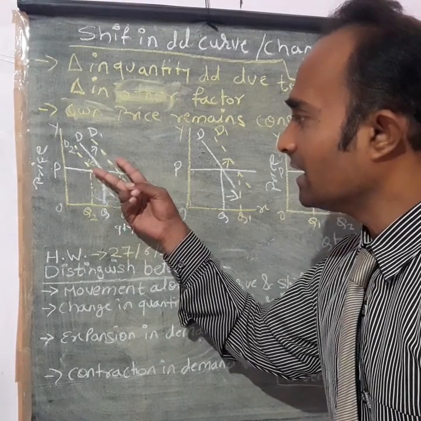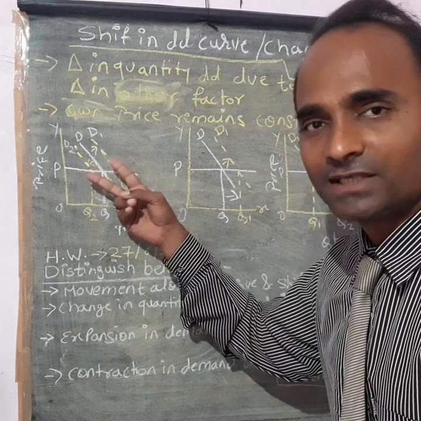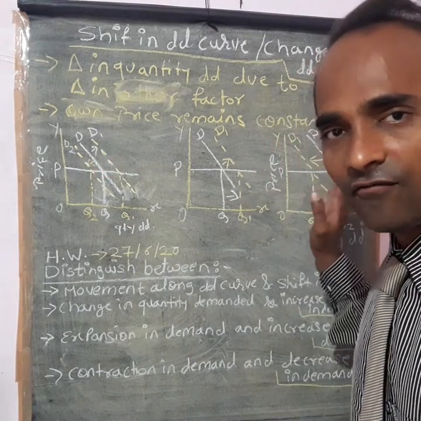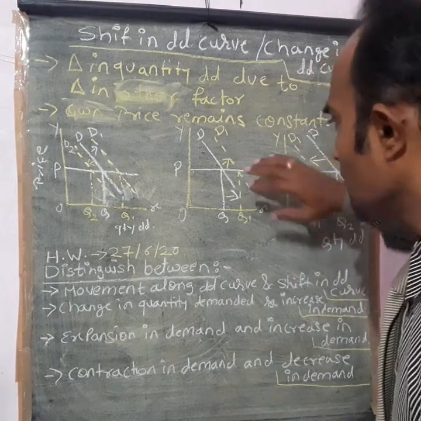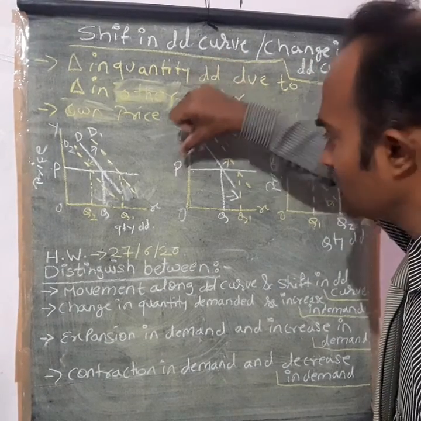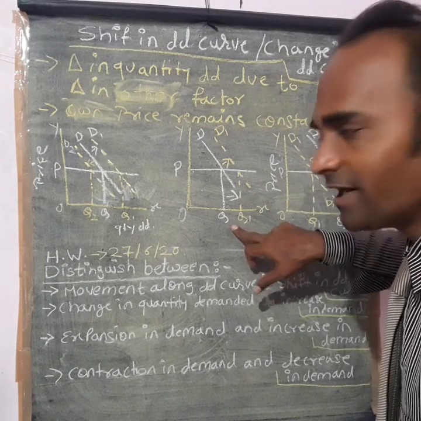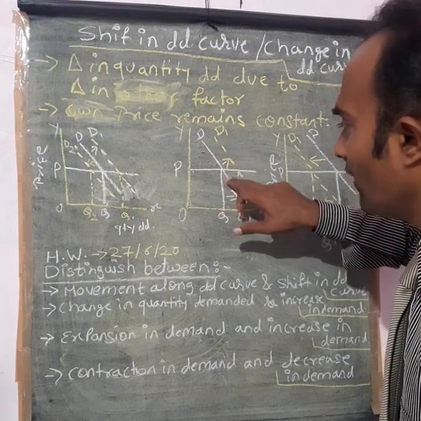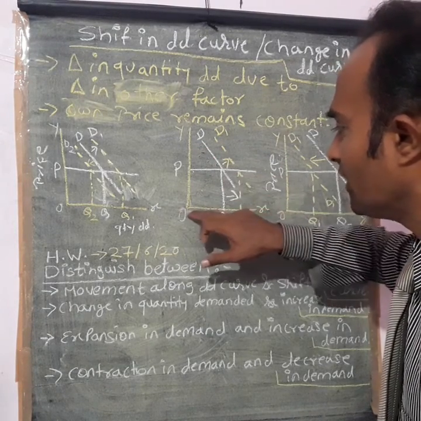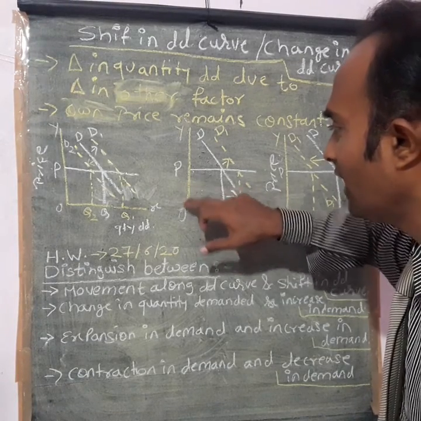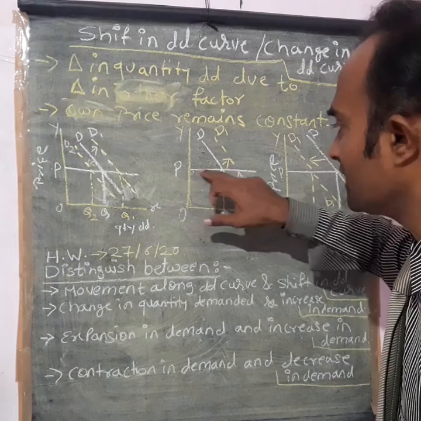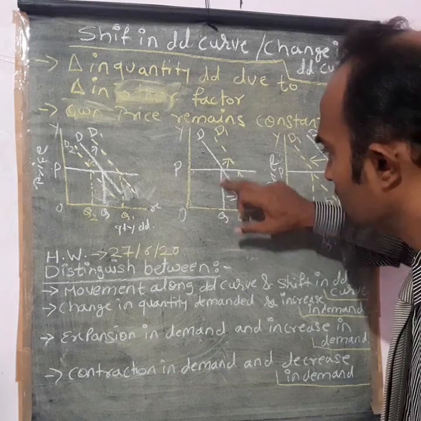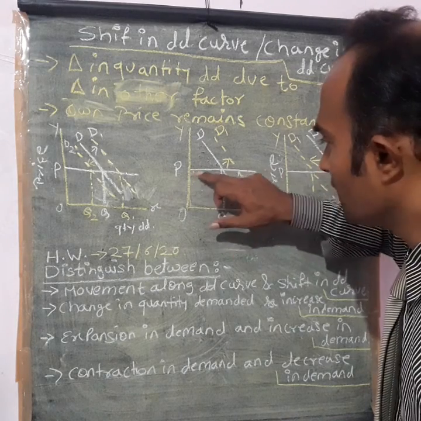Now, both the increase and decrease I have shown in similar graphs, but now I will represent them on a single graph. You can see this here. Students, the y-axis is the same price and the x-axis is quantity demanded. Price remains the same. This is your original demand curve, where OQ quantity is demanded in the market at the price OP. This is the price OP, correct? This much quantity is demanded.